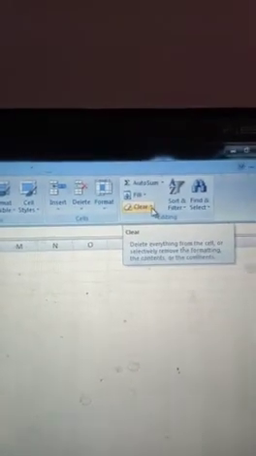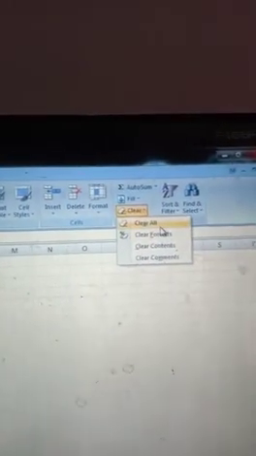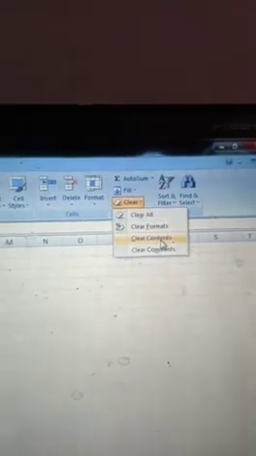Deleting cell contents is also very easy. If you want to delete anything, then you have to select the cell range or whatever you want. Then if you want to delete those last two records, select them, and there is a very easy clear option. First I tell you about the menus. Okay, and there is clear all, clear contents. Okay, if you want that, then click on clear contents. Look, the selected data will be deleted. This way you can delete it.